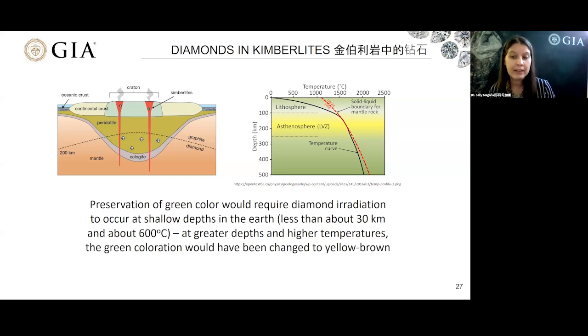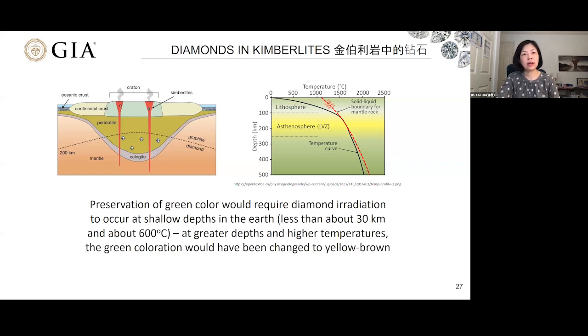The reason we know that the radiation can only occur after the diamond has been brought up to the near surface region is because the green color will not survive at temperatures greater than 500 to 600 degrees Celsius. 就是钻石如果在自然界形成的话，这个辐照的出现是在地壳比较浅的位置，因为越往深走，温度越高，它超过550到600度的温度界限的话，这个辐照产生的空位就不会存在，它会和别的缺陷组合，所以我们知道这个辐照一定是发生在比较浅的位置。